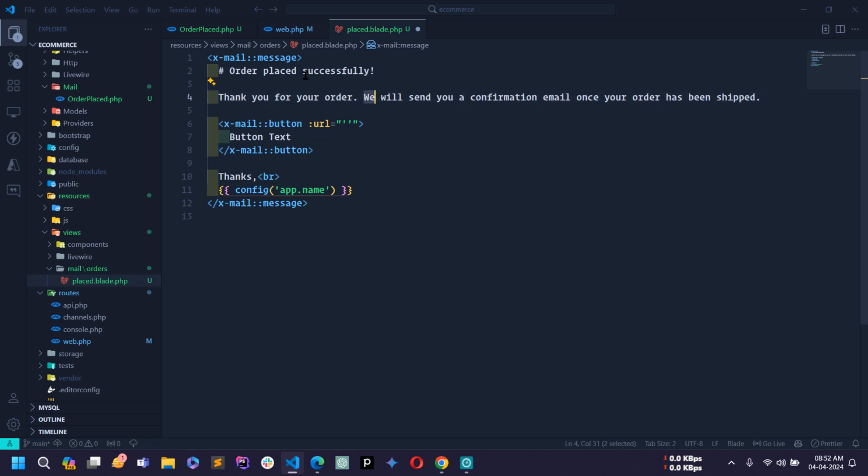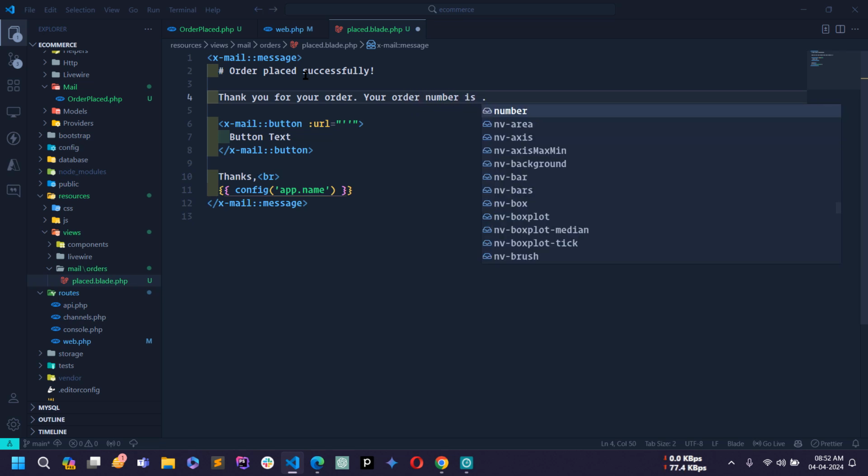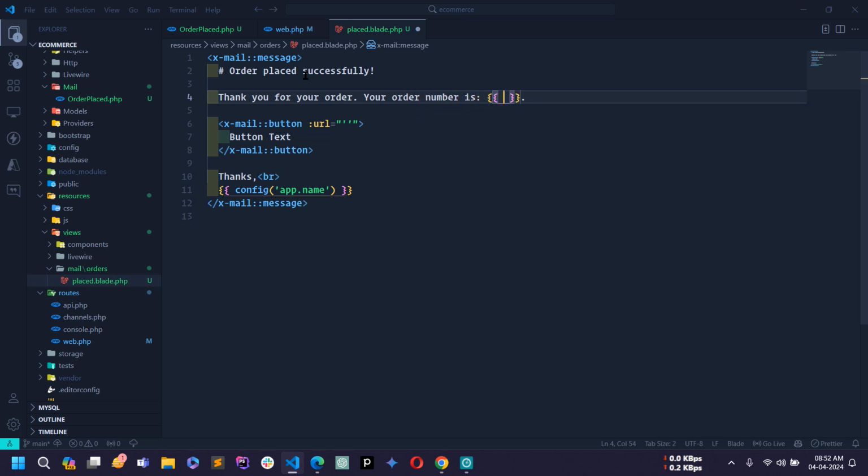Okay, so we will not use this one, so remove, and here I will write your order number is, and here I will write order ID, and this is the button. So here I will change to view order, and in URL I will pass url. Okay, save this blade view file,